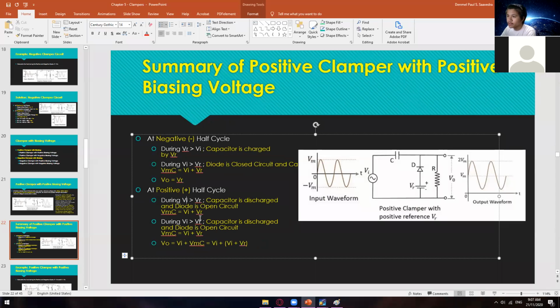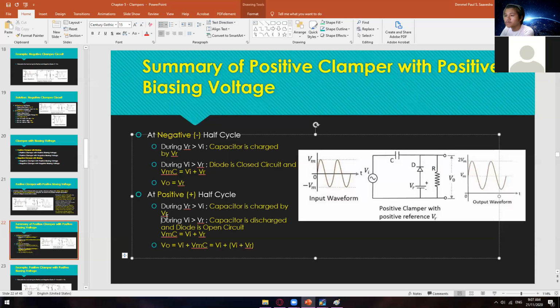so during V sub R is greater than V sub I, the capacitor is charged by V sub R. And so if that's the case, then VMC, so right, that's it for now. And then during V sub I, and then V sub R, the capacitor is now being discharged,